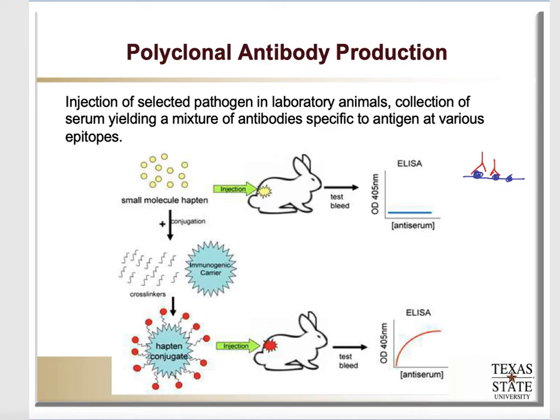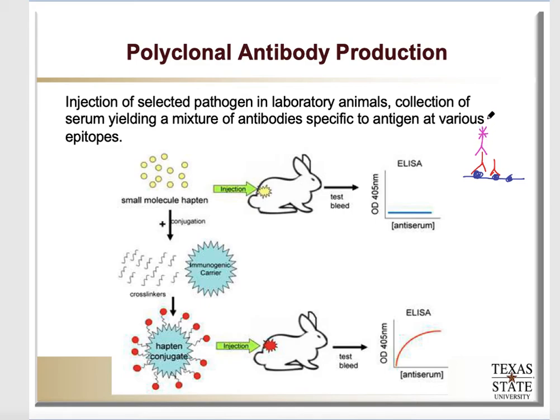From there, I then wash off anything that didn't bind. So all of my blood, all of the other antibodies that rabbit might have had are washed away. And so I'm left with just the antibodies that are specific to my viral target. And then you utilize a secondary antibody that has a label to be able to determine the presence of that